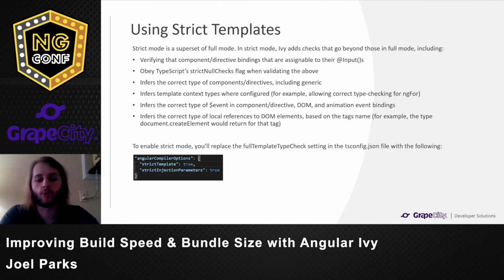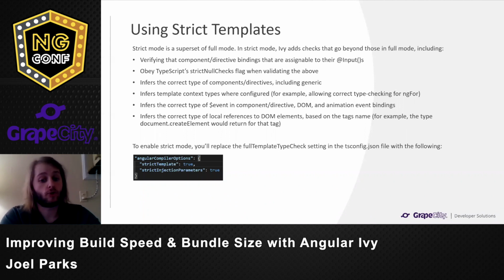Strict mode is a superset of full mode and can be used by setting the strict template setting to true. Now in strict mode, Ivy adds checks that go beyond those in full mode, which is set with the full template mode, including verifying that components and directive bindings are assignable to their inputs,